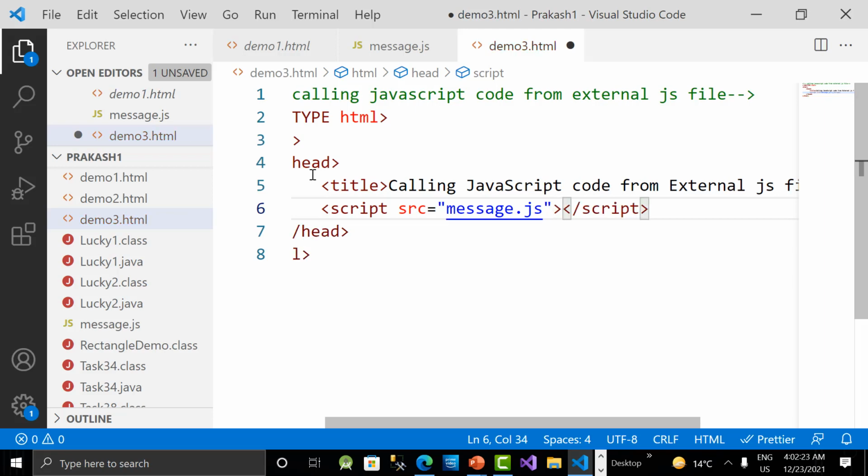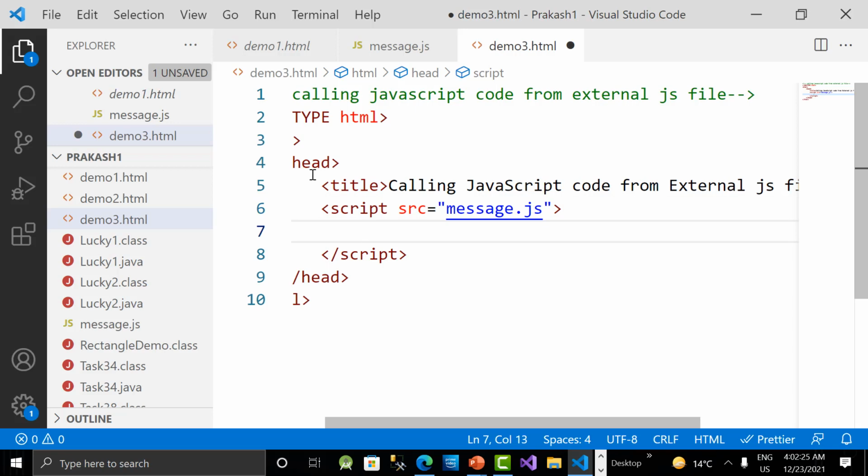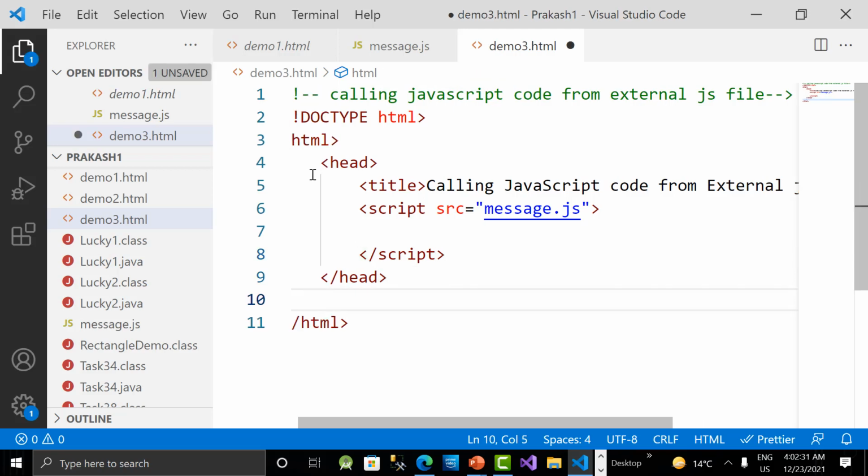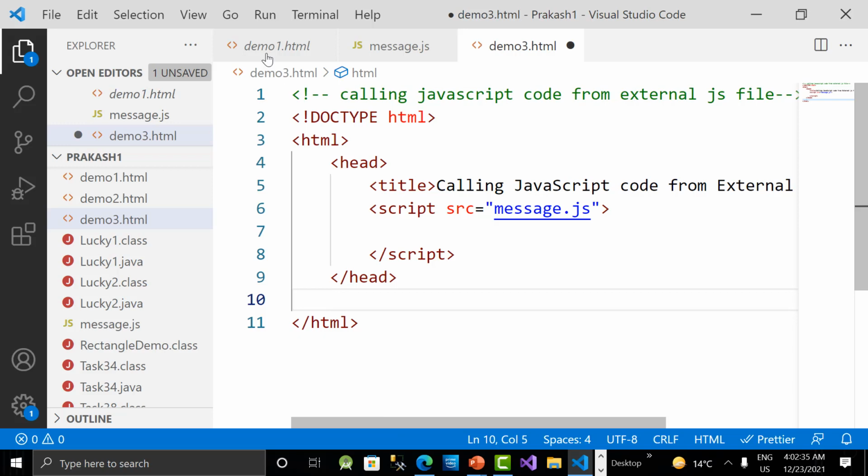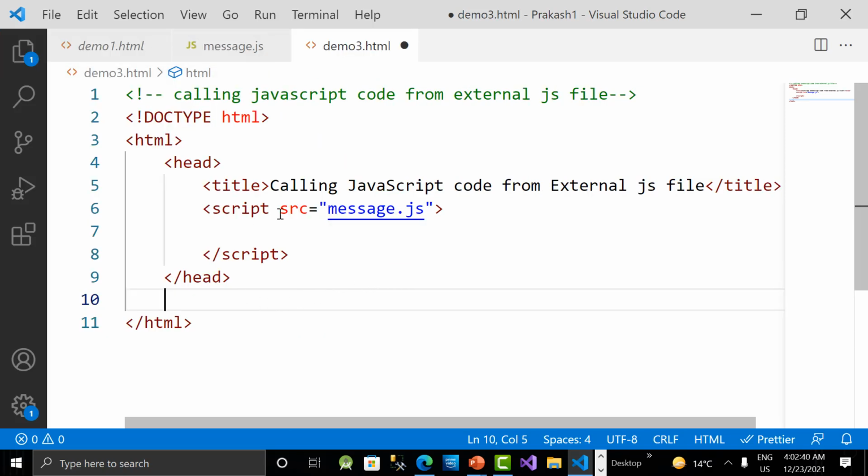So script tag open close. Okay, yeah, so just leave it, guys. We are not writing anything in between that. And then we are going to, after head tag, so what I'm writing is... you can hide it, guys, if you want to hide it, just click on this so that it will be expanded, then you can write the code.